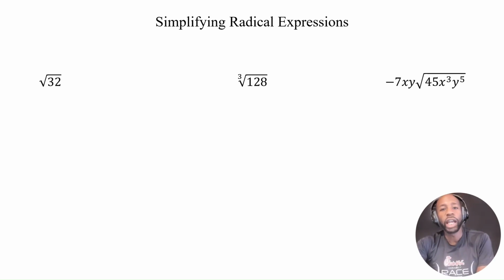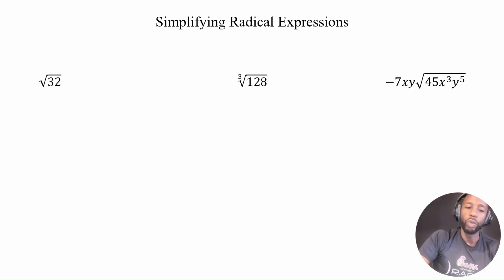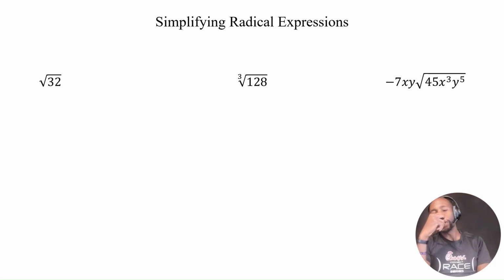All right. So we have three expressions that I'm going to simplify here. Square root of 32, cube root of 128, and then negative 7xy times the square root of 45x cubed y to the fifth. Now, when you simplify a radical expression, that implies that you have a radical expression that can